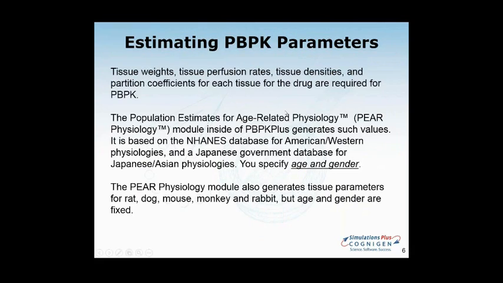and so on. Within GastroPlus, for those of you who've looked at any PBPK type modeling in GastroPlus, you know that the program does include two physiologies or two populations for human, American and Japanese. And that for the human physiologies, you do have an automated way of creating physiologies specific for age and for gender. So just a brief overview of what went into creating these algorithms, or what kind of scaling you actually see when you rely on this automated generation of the physiologies, to give you a better understanding of what assumptions were there and what limitations these may have.